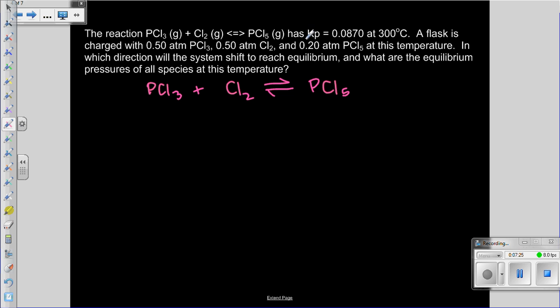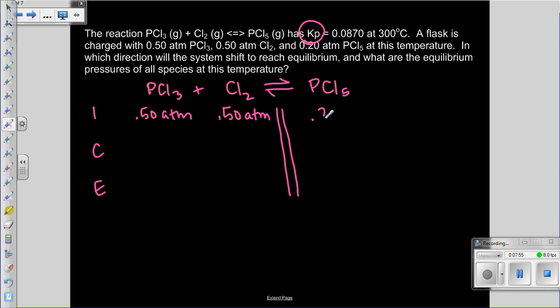I'm given an equilibrium constant for pressures, and I've got a temperature. So I want my initial change equilibrium table, and I'm going to draw my fence under the arrow. The next thing I'm going to do is write in what I am given. So PCl3, I have 0.50 atmospheres. Cl2, I have 0.50 atmospheres. And PCl5, I have